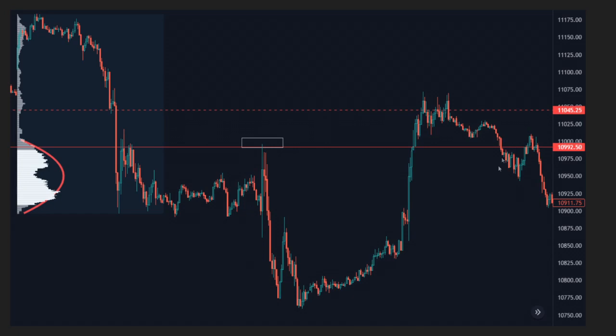So we have 10,992, which is our entry. The first take profit in my opinion would be this level, so something like 10,950 or 10,940. That's about 40 or 50 points. The next take profit would be once we dip below and hold below the bottom of the distribution. So I'm talking here, this level, it's very close to this level, so 10,900-ish, and there are no real other